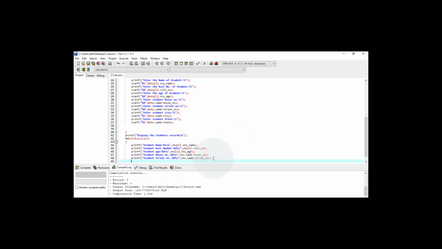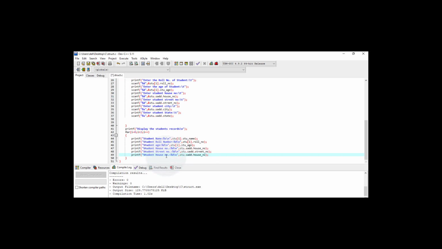Then again paste the line, and Student city this time, and data is to be displayed in the format of %s, that is of string type, and here we have to use the variable city